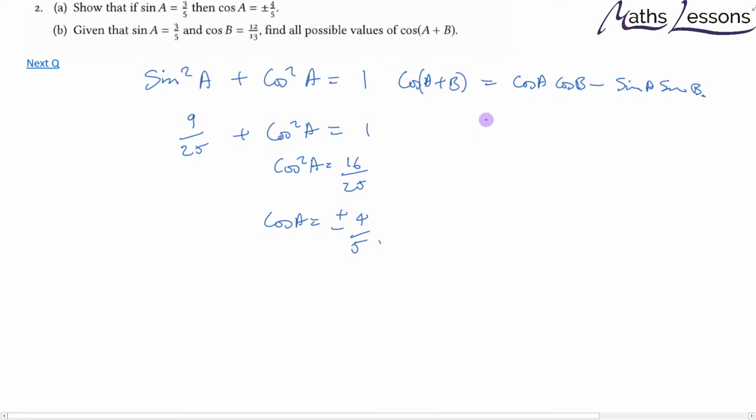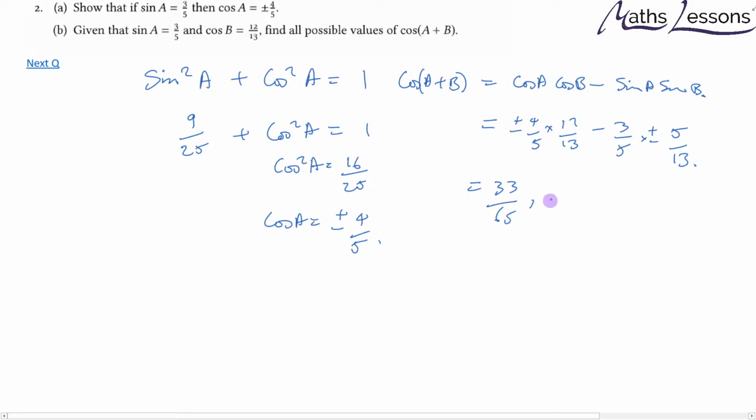So what we can have here is cos A, which we've already shown to be plus or minus 4/5, times cos B, 12/13, minus sine A, which is 3/5, times sine B, and remember what I said, it's going to be plus or minus 5/13. So times by plus or minus 5/13. So you get all those possible combinations, and when you multiply them out, you can get either